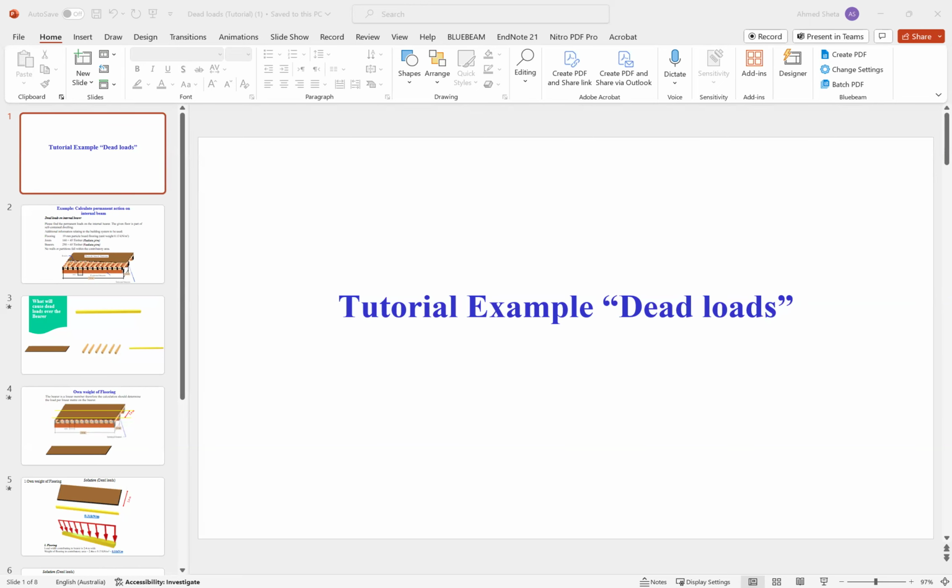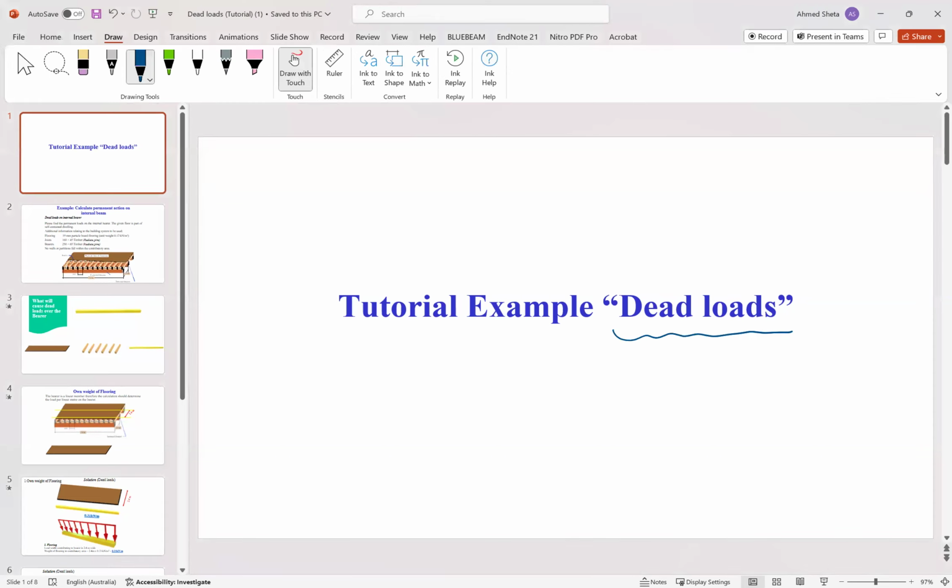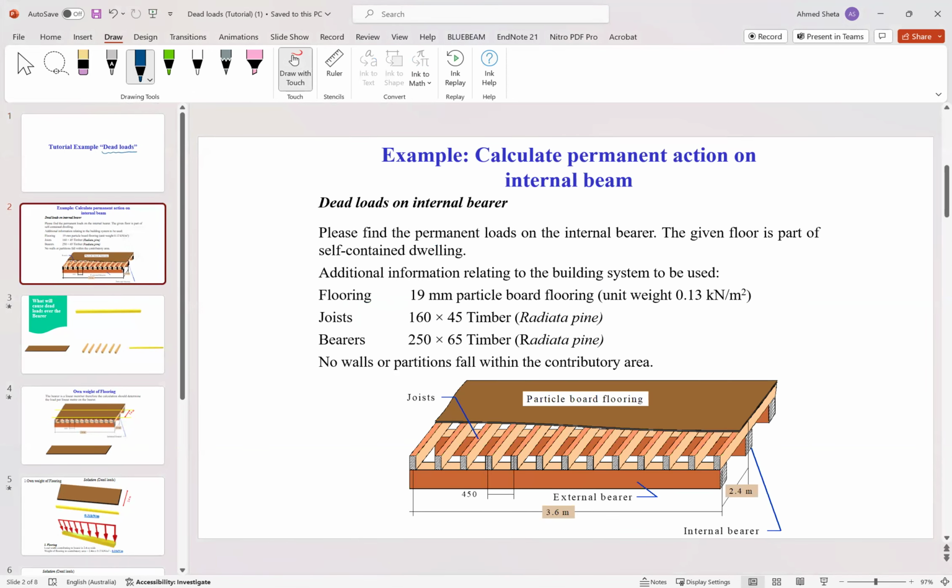Hello everyone. This is a recording for the second week tutorial for superstructure part, an example for dead load calculation. In this example, we have to calculate the dead loads on an internal bearer,